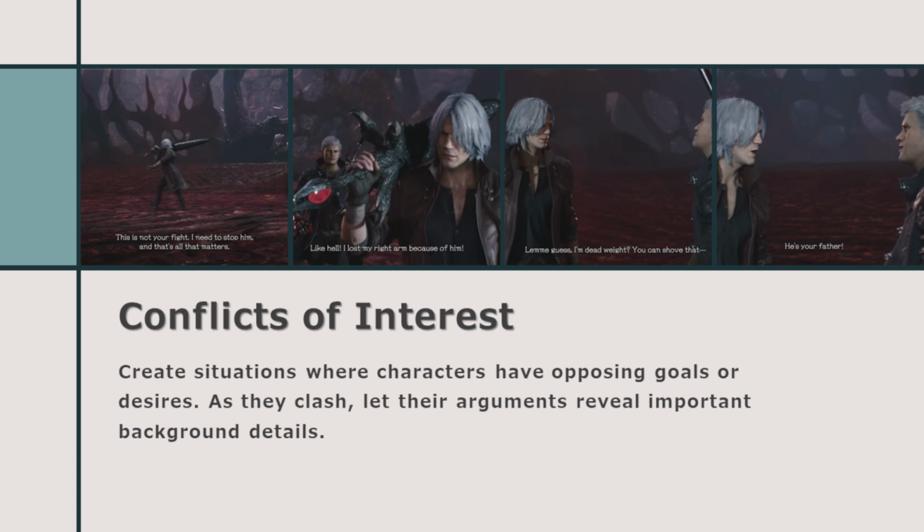For an example here, let's use Dante and Nero arguing in Devil May Cry 5 over what to do once Virgil makes his return. Dante wants Nero to stay out of everything entirely while Nero wants to help. Nero keeps pressing, and this leads to Dante blurting out that Virgil is Nero's father and he's trying to stop Nero from having to kill him for that reason. Dante also finally shares then what he had figured out about Nero, with the info that Nero being Virgil's son having long been confirmed outside of the narrative.